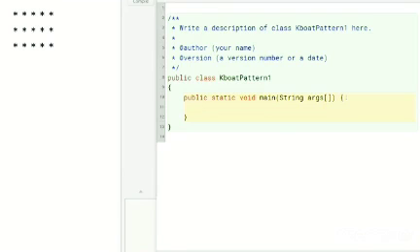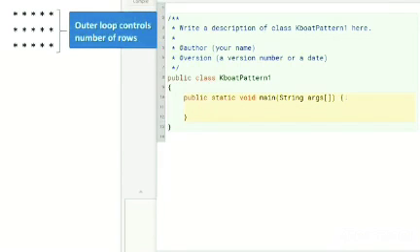We will translate these three things into our Java program. The outer loop controls the number of rows in the pattern. As this pattern has 3 rows, our outer loop will run 3 times. For i equal to 1 till i is less than or equal to 3, i will increment by 1 in each iteration.